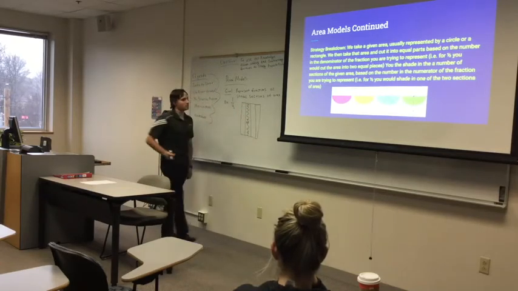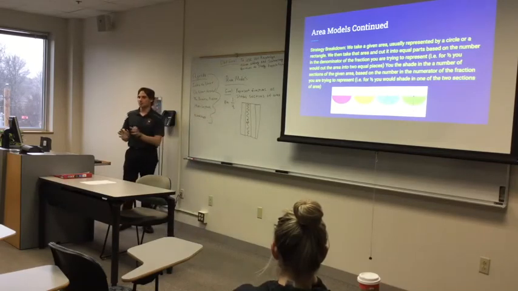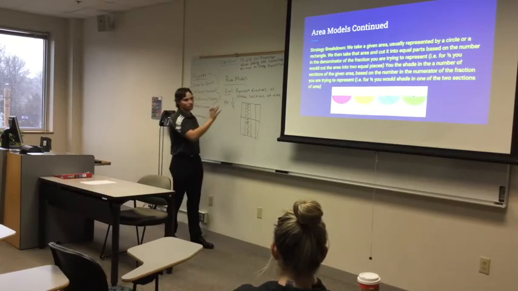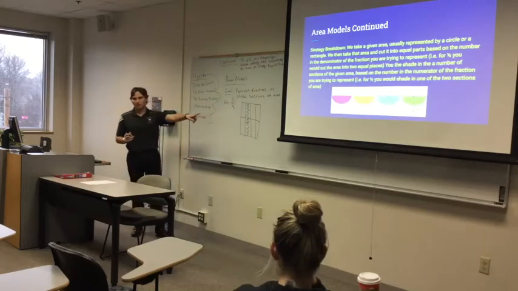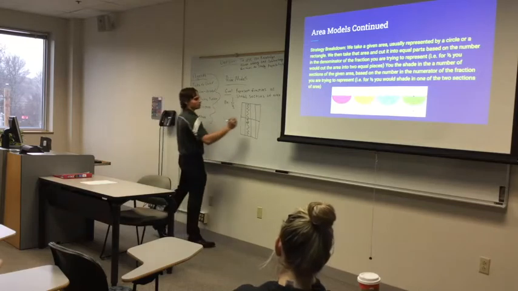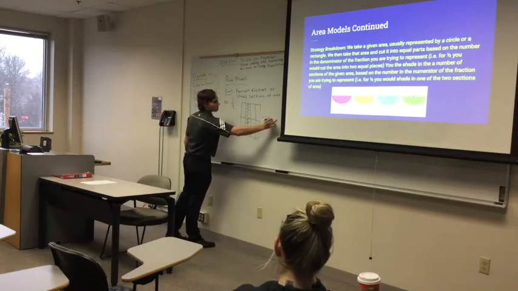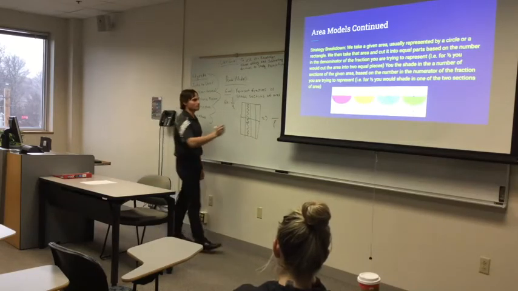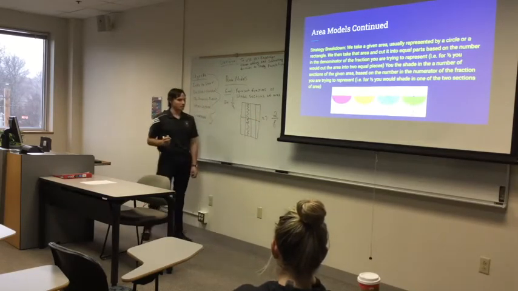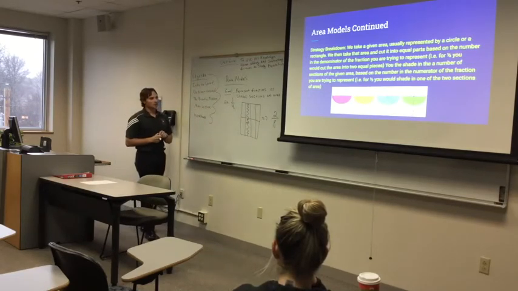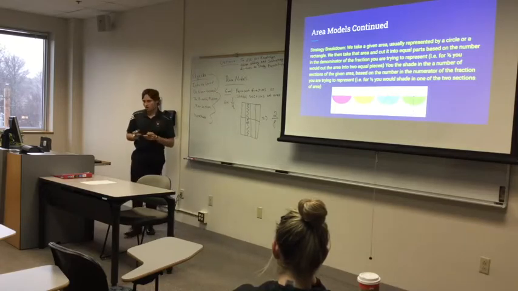Okay, how do we want to manipulate this? How do we want to cut this area so it's made of smaller pieces? Horizontally. Beautiful. Now, before we had 4 large rectangles. How many rectangles do we have now? 8. So that 8 becomes our denominator. How many are shaded in? 2. So we end up with 2 out of 8 rectangles shaded in. Because the area didn't change, it's made of smaller pieces, we now have that 2/8 and 1/4 are indeed equivalent